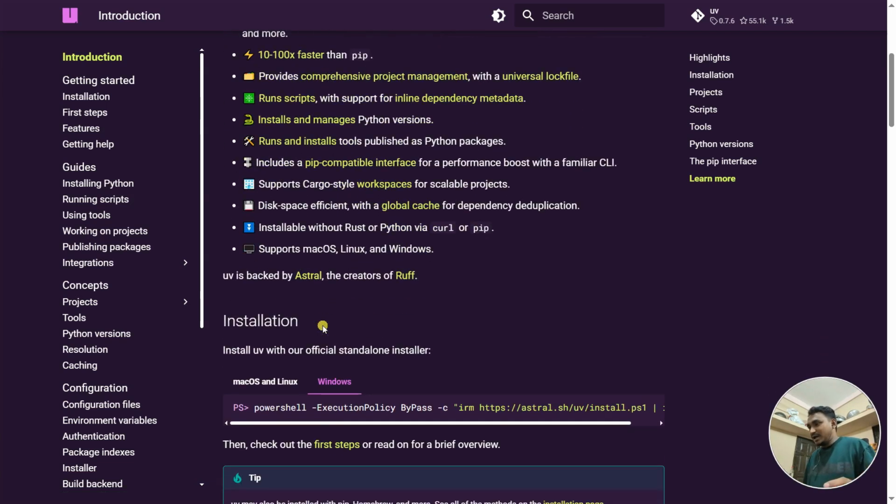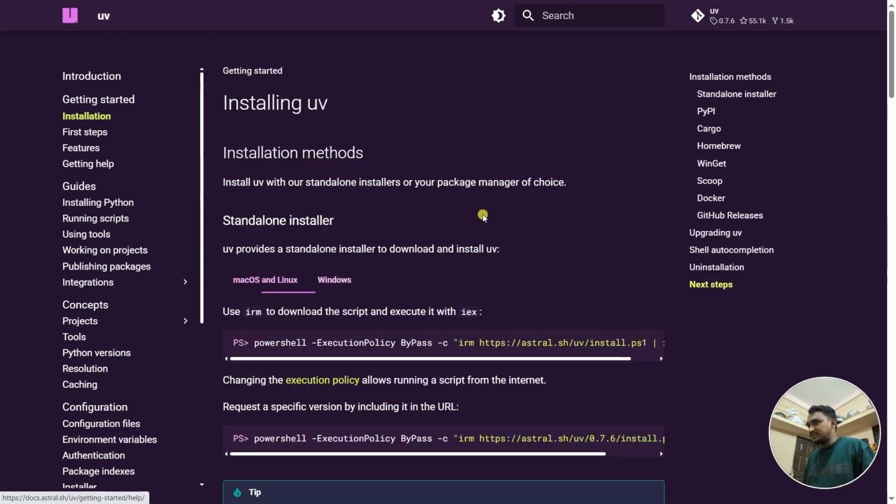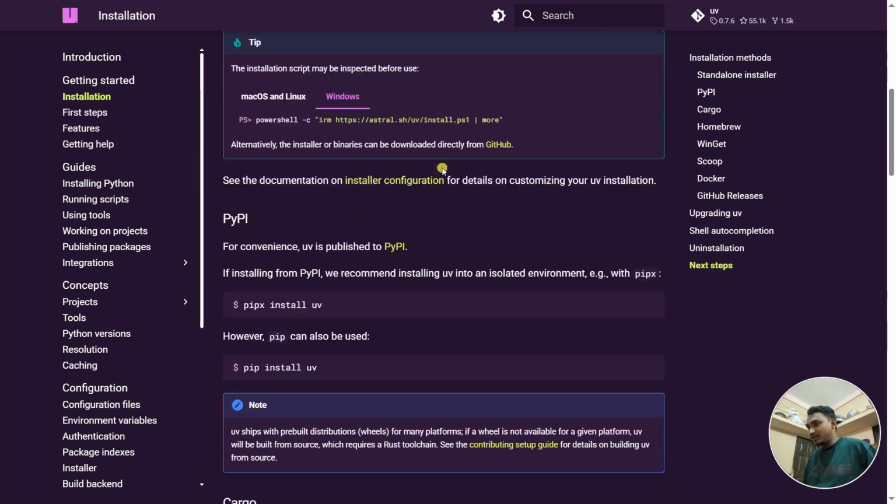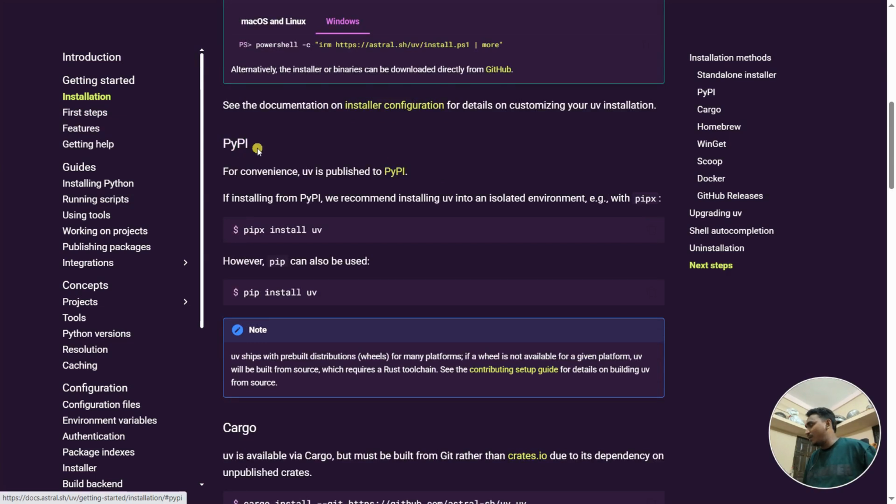Quite good. Now the question is, how can you install that? If I go inside this installation section, you can see it is available for macOS and Linux as well as for Windows. So you can just copy this link and paste it in your PowerShell. Otherwise, you can also use your pip command to install UV. So how can you do that? You can use PyPI. So you can use pip install uv to install this UV package, and after that you